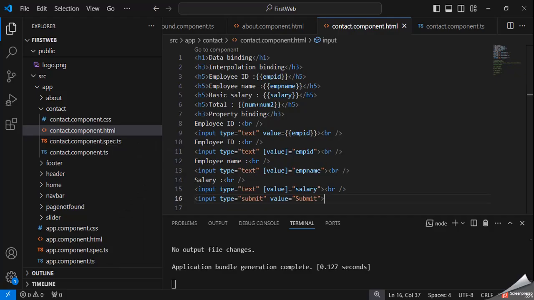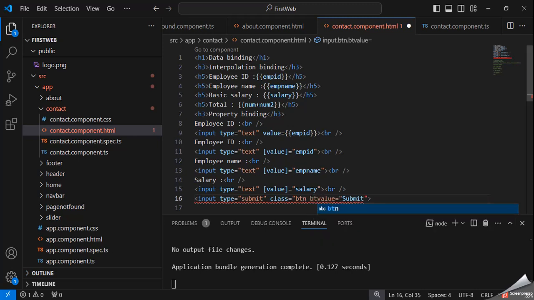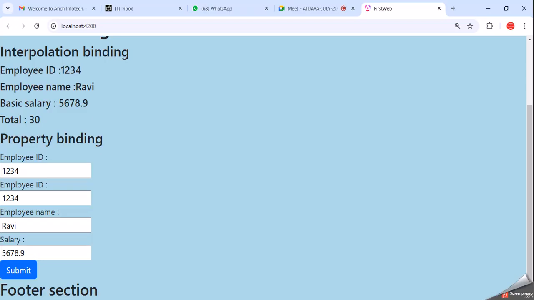Suppose we want to specify any class, like class is equal to btn btn-primary.